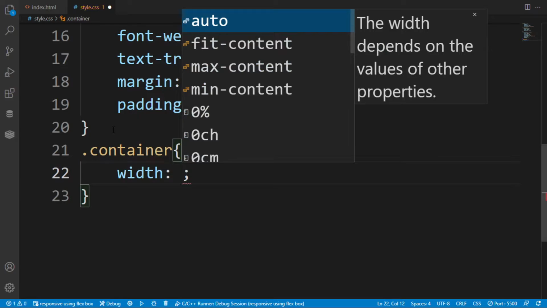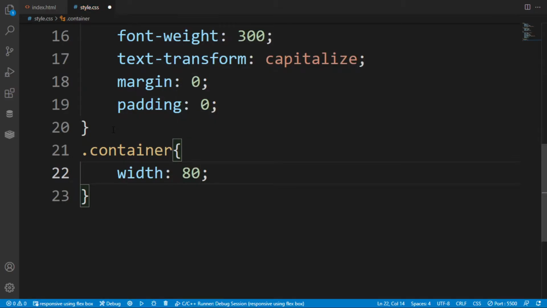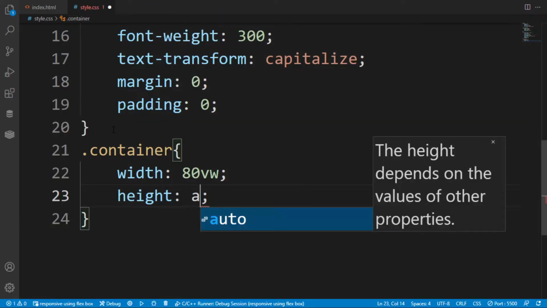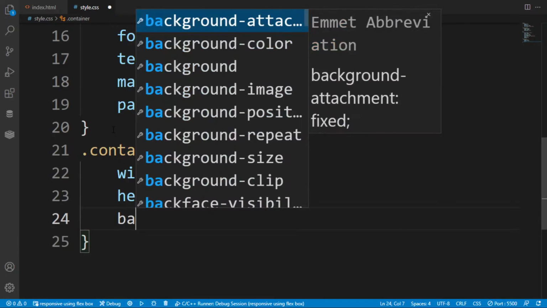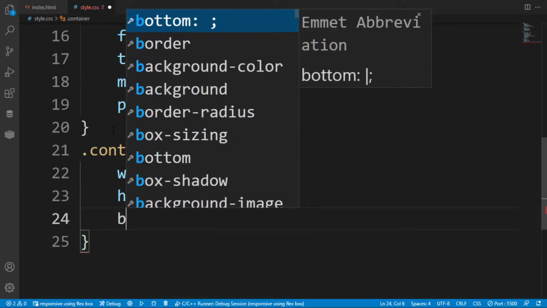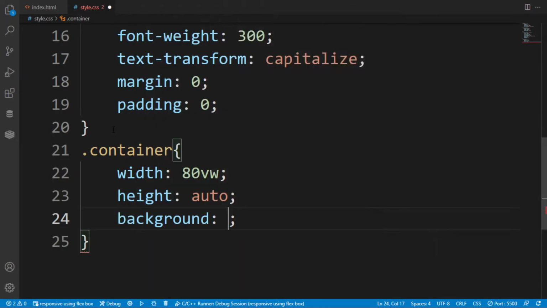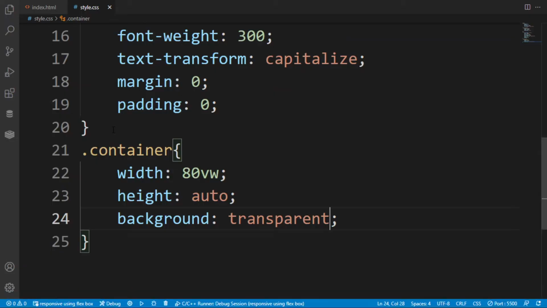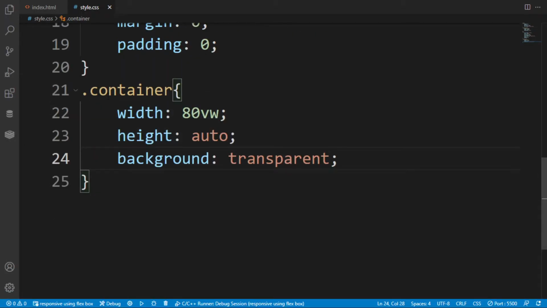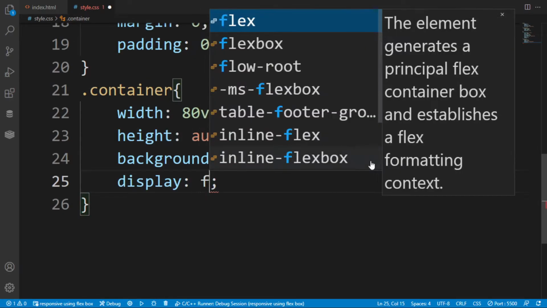I have selected the container, which will act as a parent to the class box in it. So here width is 80, and I am giving the height auto, because this will change the height according to the dimension, so we cannot fix the height, so it must be auto. Background is transparent, meaning white, because in the grandparent container01 we have put the background white, so it is taking from that, or by default it is also white.